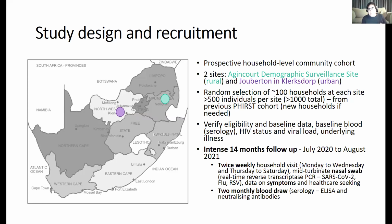We took blood at baseline for serology to see if they had previous SARS-CoV-2. We took blood for HIV status determination, and we took a viral load and CD4 count for HIV infected individuals. And we had a detailed questionnaire, including information on underlying illness, habits such as smoking, contact patterns, sleeping patterns in the household, etc. And then once we had enrolled these people into our study, we followed them up very intensively